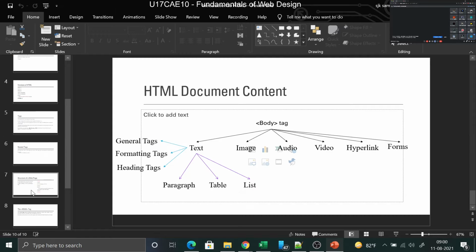This is a command based language, hence you'll be studying a lot of commands. I told you to do an assignment with all these different tags. I also taught you about the structure of the web page, a simple HTML file.